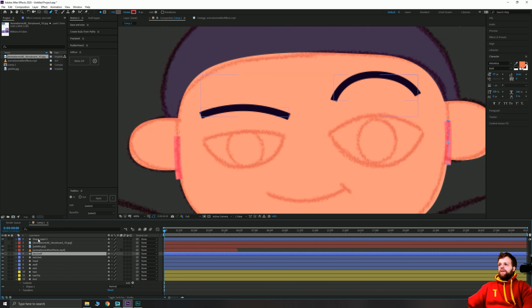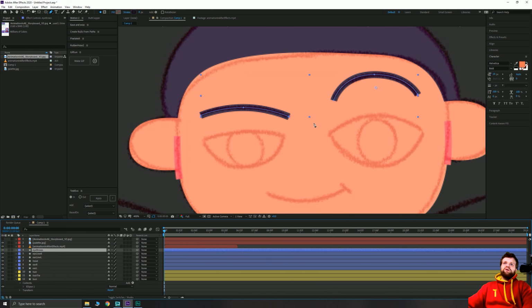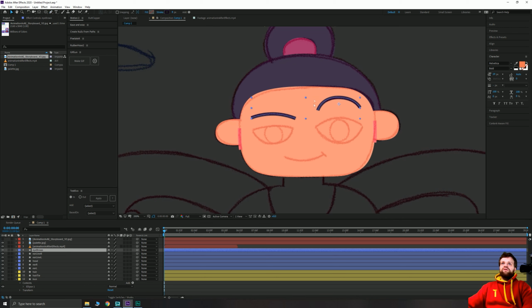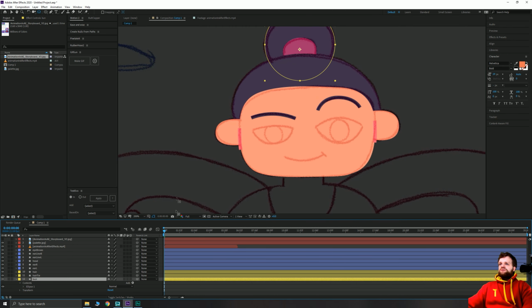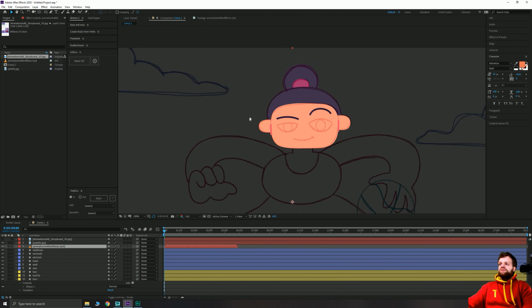There we go. And we'll just call this one eyebrows. That's because we can animate those eyebrows individually despite them being on the same layer. And it means that we only have to have one anchor point for both eyebrows, which will just pop in the middle. Sounds good. So let's click off any selected layer